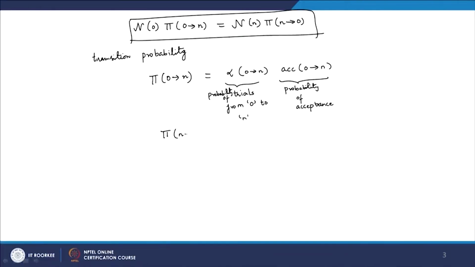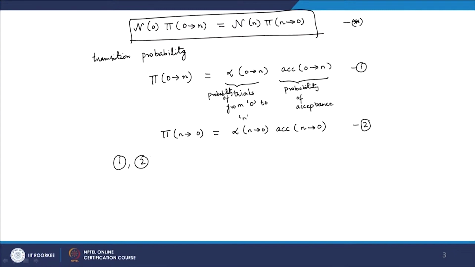Similarly, I can write for N to O. So, using equations 1 and 2 in the detailed balance condition star, what we do get